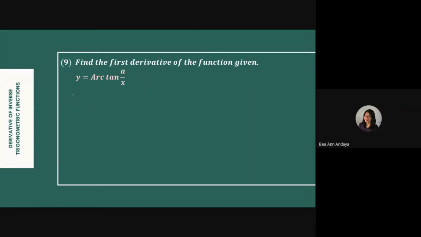All you have to do is, in getting the derivative of y with respect to x, provided that a is constant, we will be able to derive this by making use of the derivative of the inverse tangent of an angle. So, ano ba yung itsura nun? The derivative of the inverse tangent of an angle, let's say u, with respect to x, will be equal to du over dx divided by 1 plus u squared. In this case, our u is equivalent to a divided by x,